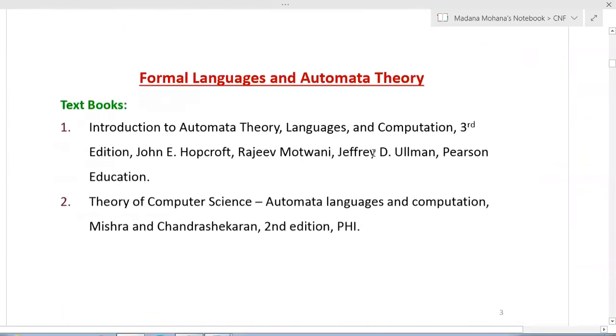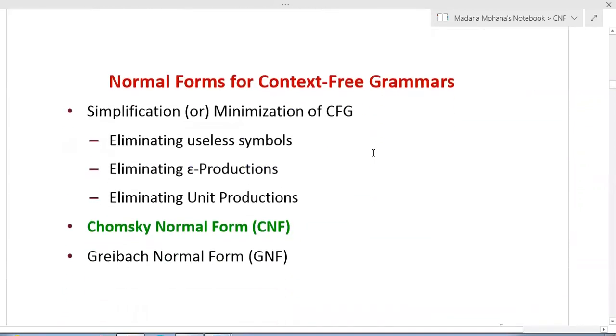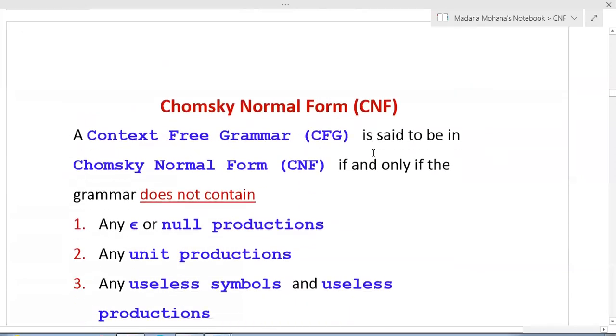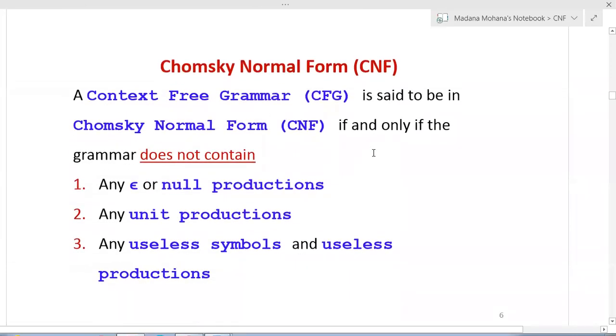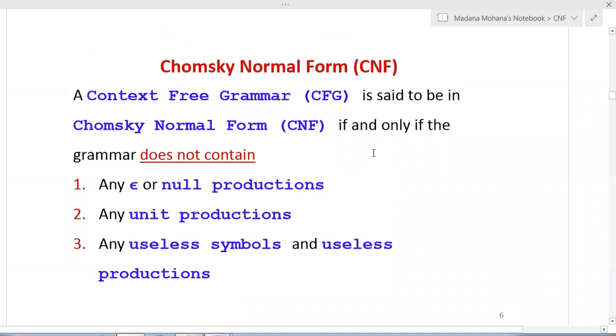So in Chomsky normal form, there are some prerequisites. Whenever you want to convert a context-free grammar into Chomsky normal form, what are the restrictions? Before that, let us start with the definition followed by the procedure to convert a context-free grammar to Chomsky normal form. A context-free grammar is said to be in Chomsky normal form if and only if the grammar does